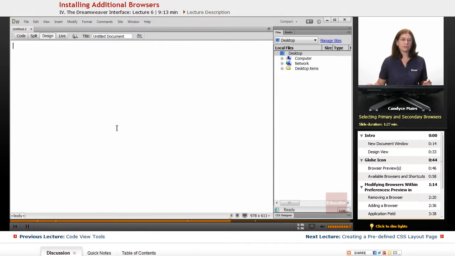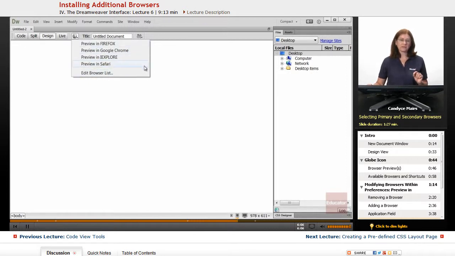Now what I'm going to do is go ahead and take this untitled page. I'm going to click on one of these browsers and select it. And notice my shortcuts aren't listed here. That's because I did not click the OK button in the Preferences area. So I can always go back here and set it up, edit the browser list, and just click that OK button at the bottom of the Preferences area. What I'm going to do instead is just go directly to the browser from right here.